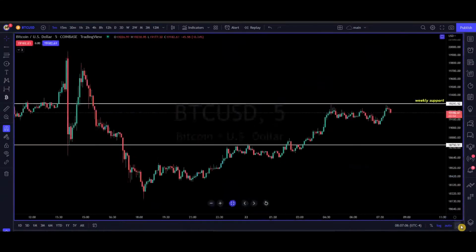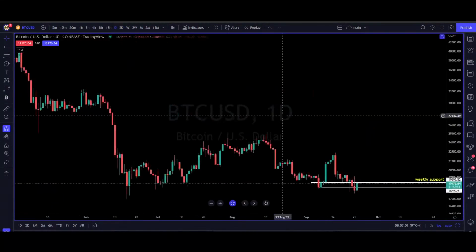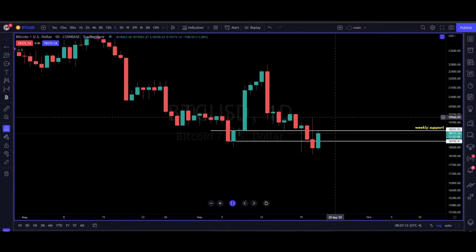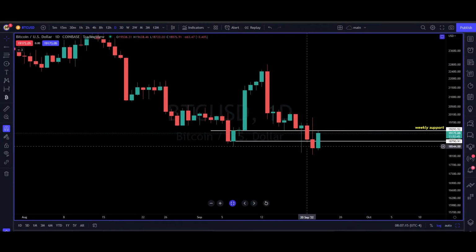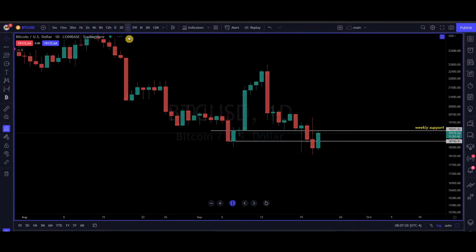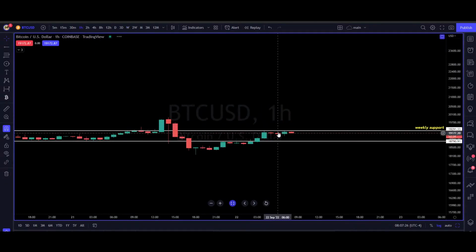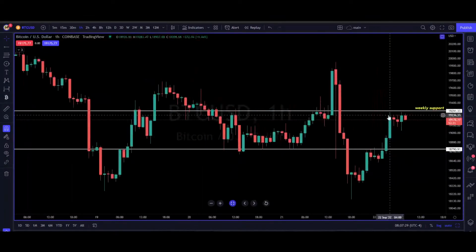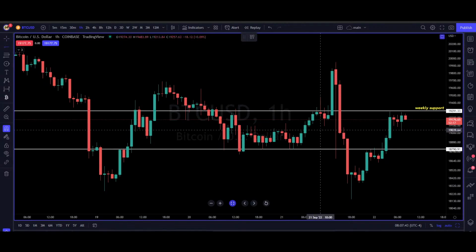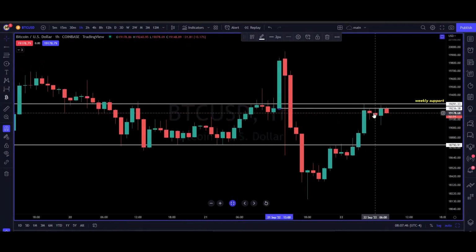Down here on Bitcoin, if you go out to the daily time frame, you're going to see that we did indeed break down and close below that support that I said I did not want to see break. And currently, you're testing weekly support. Here's your weekly time frame. That definitely needs to be over there. So you can see that's basically what you're bouncing off of right here. You haven't tested it yet, but it does appear as if you are having a little bit of difficulty up here. You also have the supply from yesterday's news print. You can see there that this area is also holding as potential resistance.